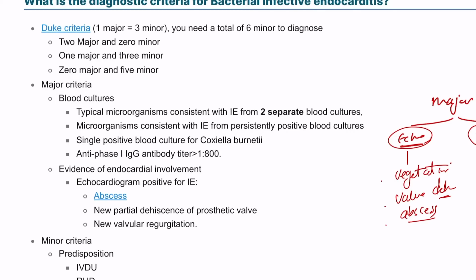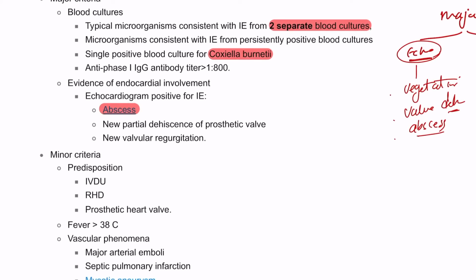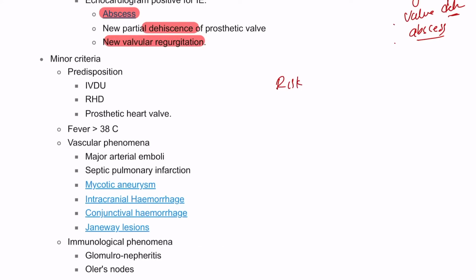But blood cultures need to be taken as 2 separate blood cultures at 2 different times, and we're looking for a specific microorganism. If you find Coxiella burnetii, that means there is a very high chance the patient has infective endocarditis. We're looking for an abscess on an echo, or a dehiscence of the valve, or valve regurgitation, or presence of vegetations as well. The minor criteria, we talked about some of the risk factors, specifically intravenous drug users and